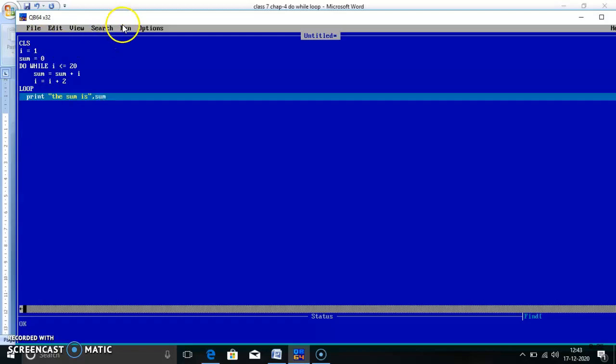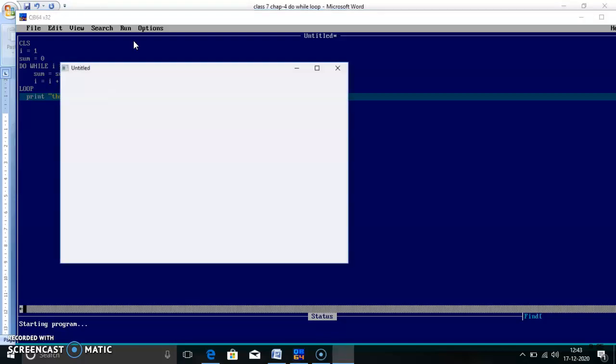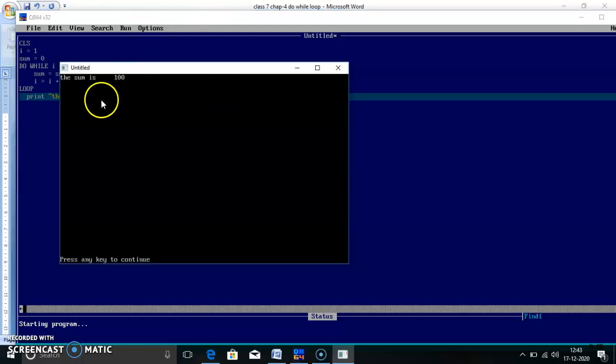Now run this program, go to run and start. See, the output is the sum is 100.